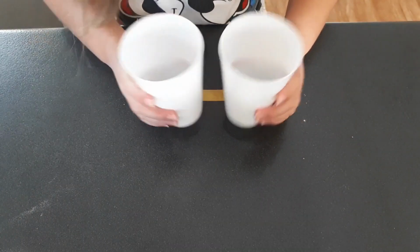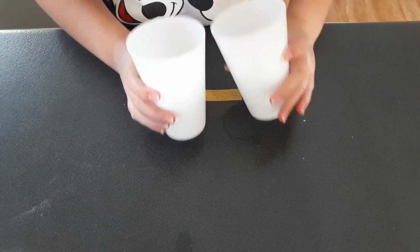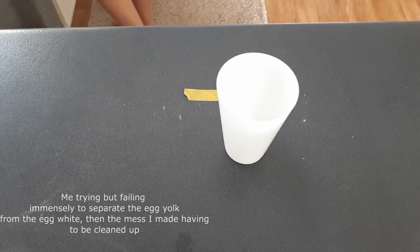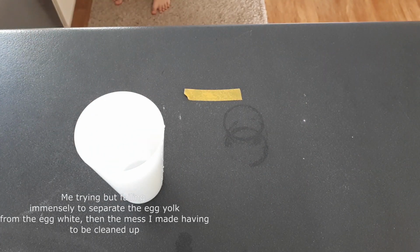So now, while our dough is chilling, we're going to make cookie paint, meaning we're going to make paint that I can paint onto cookies to make little emojis and other